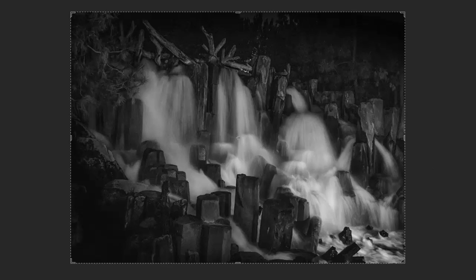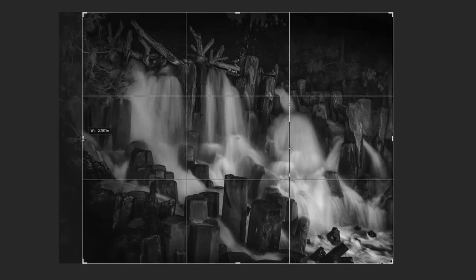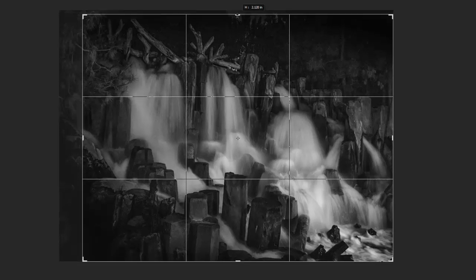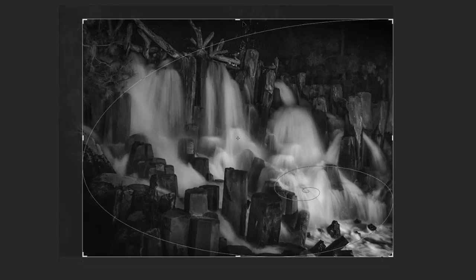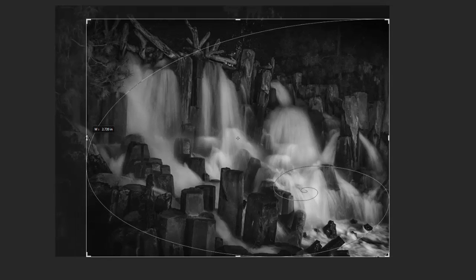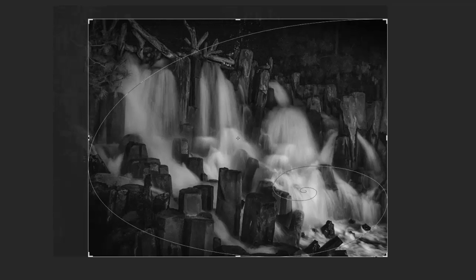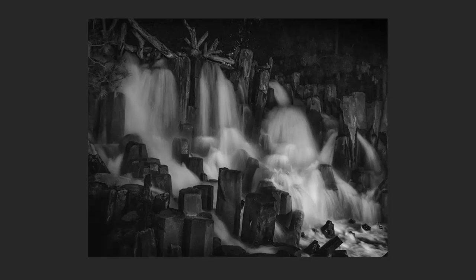Maybe if we crop just a little more. Using the golden spiral, however, this starts to make a really interesting composition. So maybe a little bit tighter,